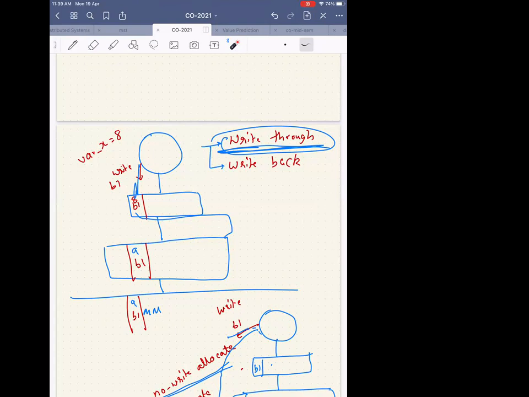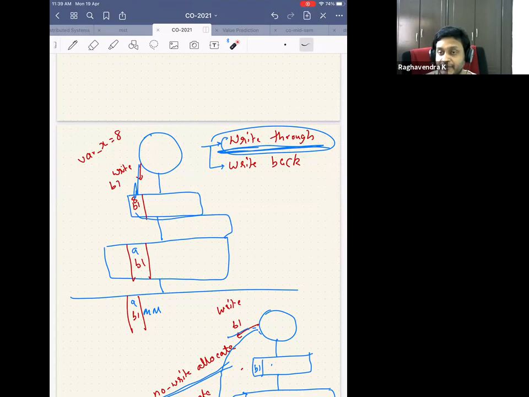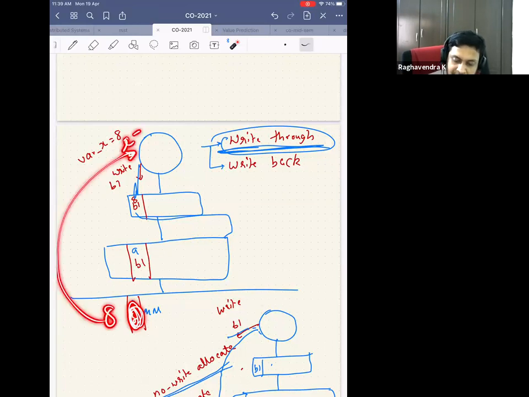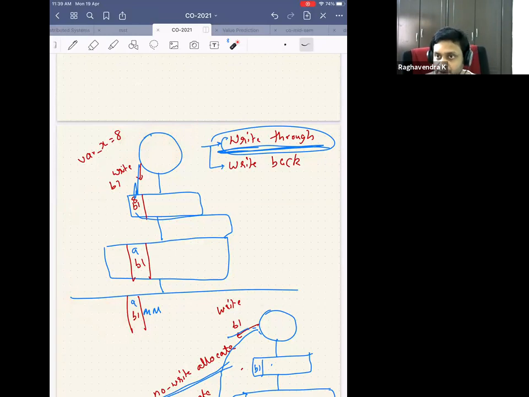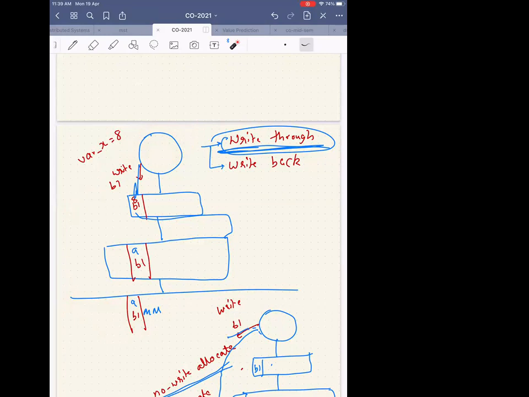So who other than the processor is using the main memory? So the main memory itself? No, it's not using it. When I ask about using, I'm not asking whether it's reading the data. I'm asking whether somebody is reading and doing computation. When I say the processor is using this data, what is it using it for? It is using this value 8, doing some computation like x equals y plus 9, maybe where y is 8. That's why it's using this data. It's not just reading the data for fun and rewriting it back. So who else is using the data other than the processor?